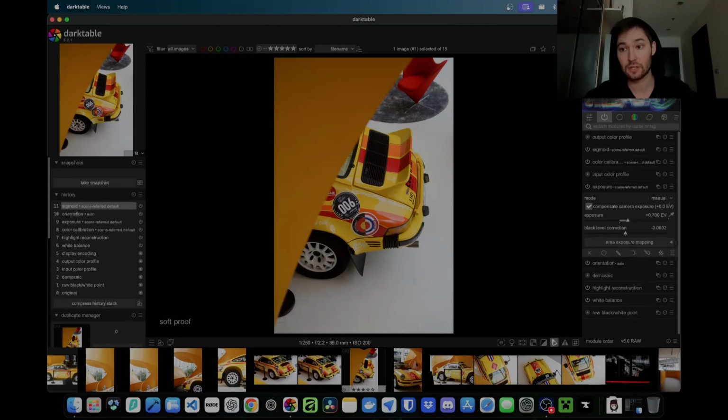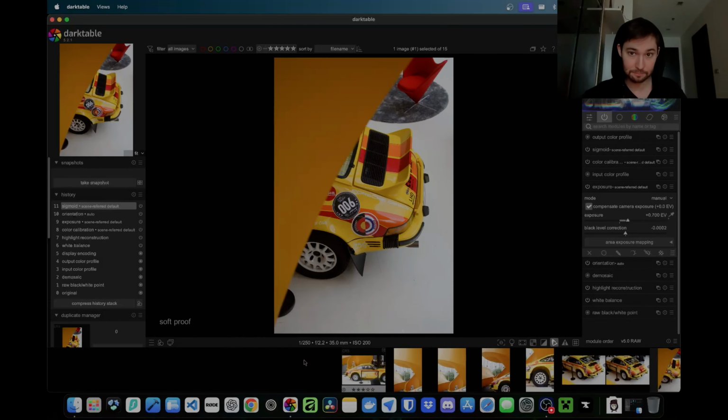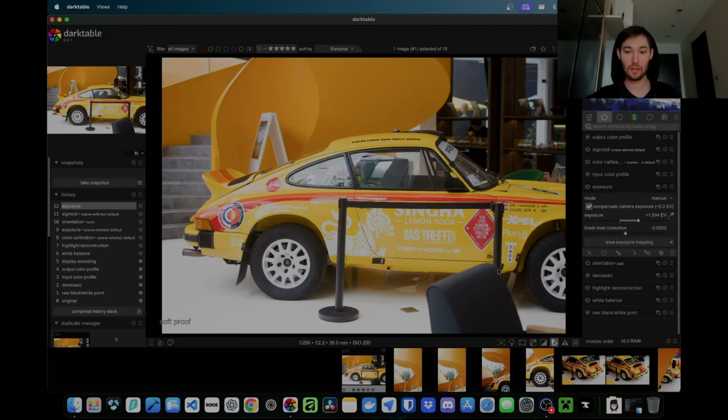There's also tethering and other stuff up here, so under that drop down menu. So dark room is where you do your editing, hence the name. Makes sense, right? So here's some images I shot today in Bangkok. This is at this like Porsche cafe. It was sick, honestly. First things first, you want to set your exposure, because that's going to save you some